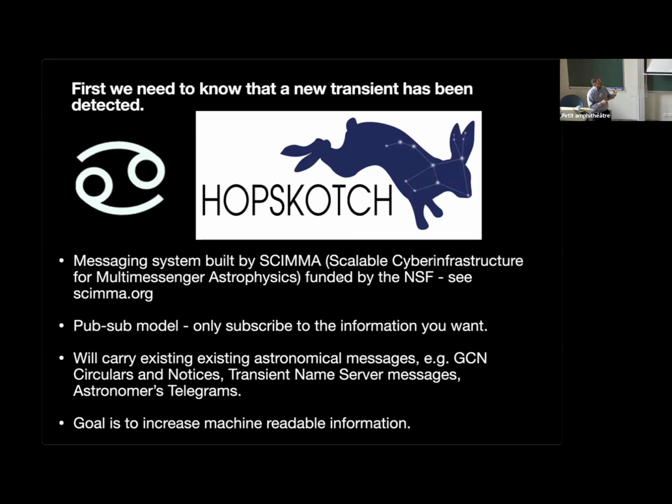And as the number of messages increases, we need more capabilities to search for things programmatically. This means we need more machine-readable content in all of our messages. But the community has also shown that we want some availability of human-readable information. So we've worked quite a bit to try and marry the two, and we've come up with these hybrid messages.